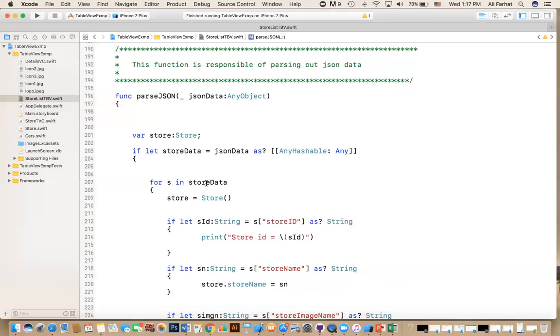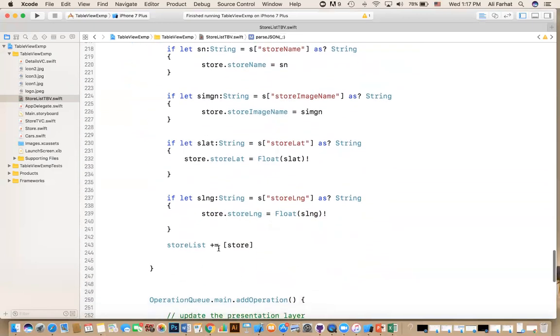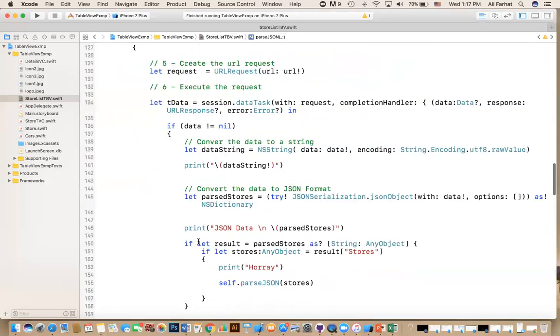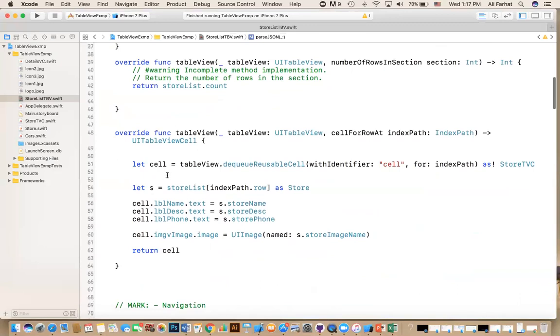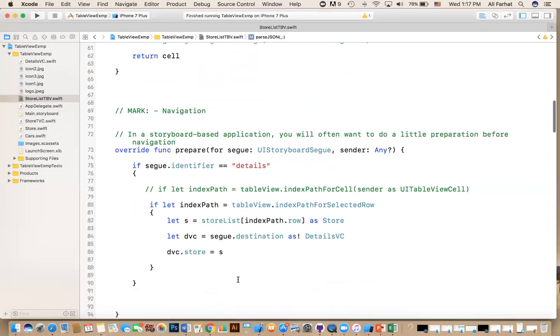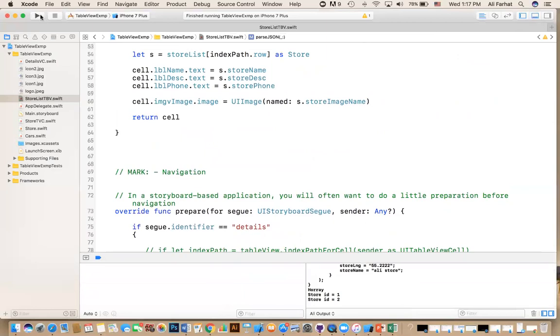Again, in your case, if you have your own example, you copy this, you modify the fields, and it depends on the array list that you have here. If it's a different array, you change it to that array name. All right, so that is how we parse the data. So in the load record now, in this cell for record, it would recall this again, update the table view, and then update the screen. Let's run it and see what happens. I'll show you the different parts. When you're running it,